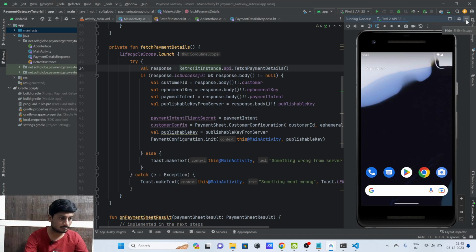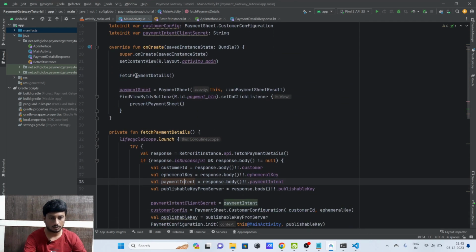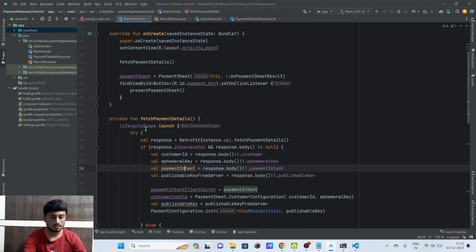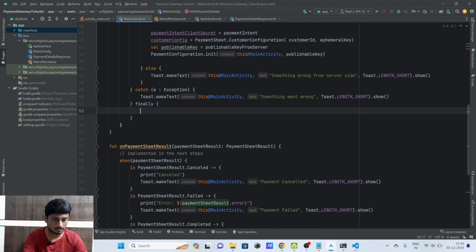And one thing, until this API call is completed, we will not be able to click on this button. This button will do nothing. So in order to let us know that this API call has finished, we are putting one toast message here: fetch payment details completed. Okay, if we launch the application